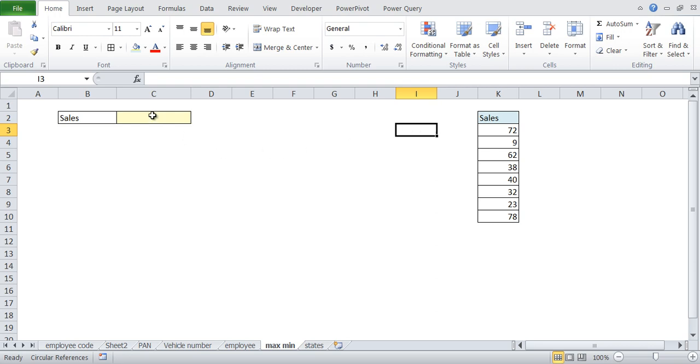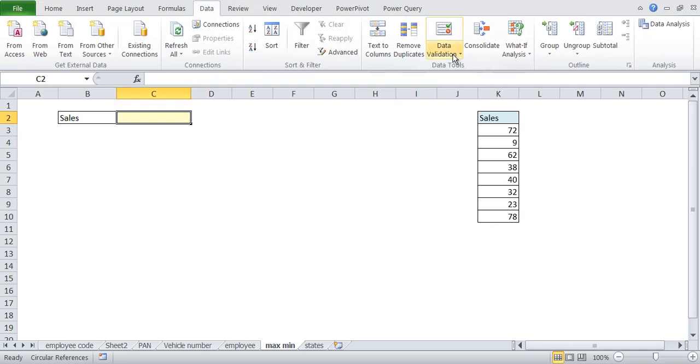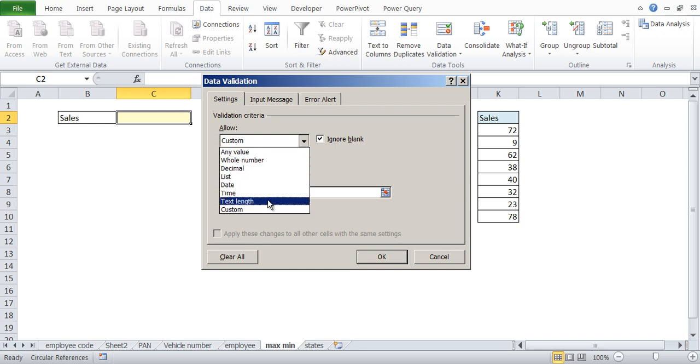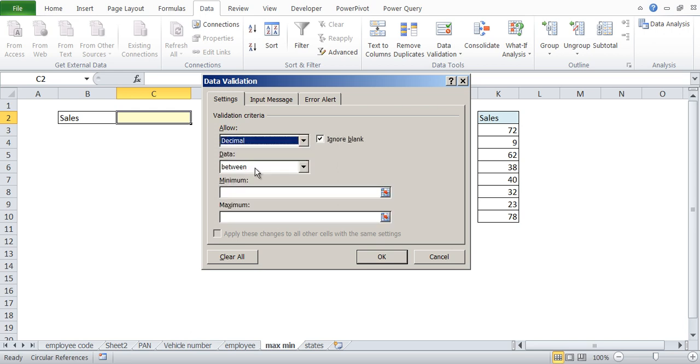So what we do is we'll go to this cell, go to data validation, go to custom, and we'll go to between, any value. Okay, we'll go to decimal, between, and then we'll say what is the minimum value.